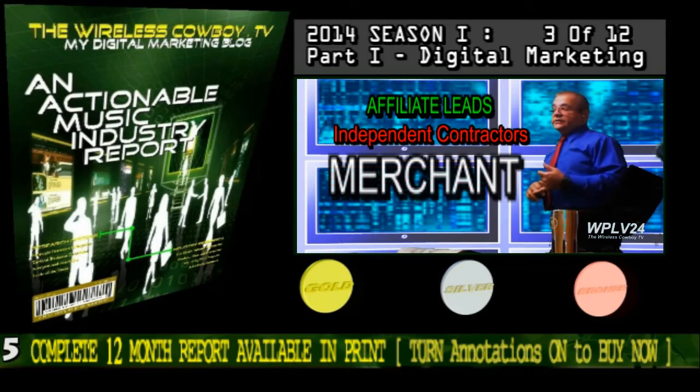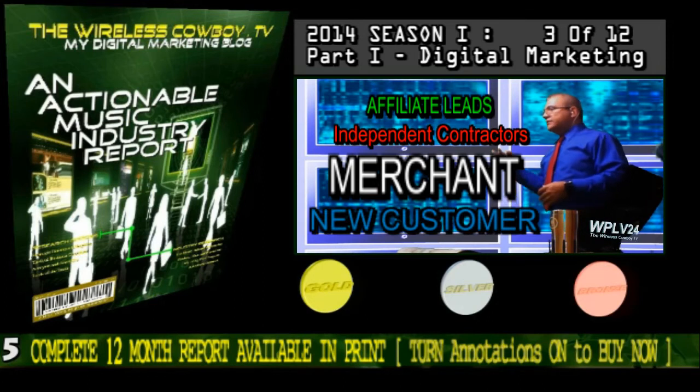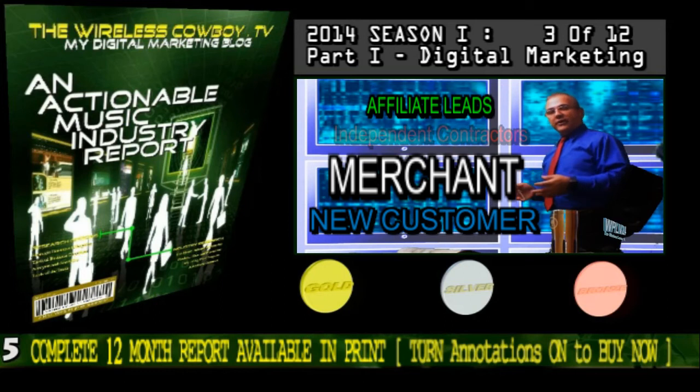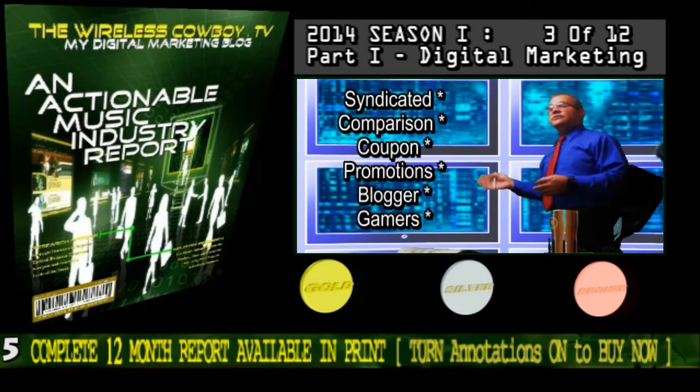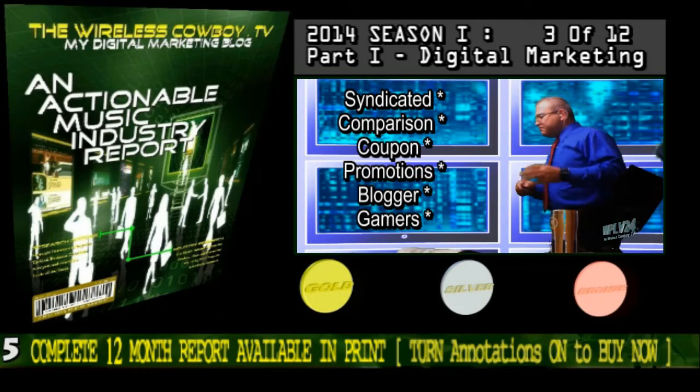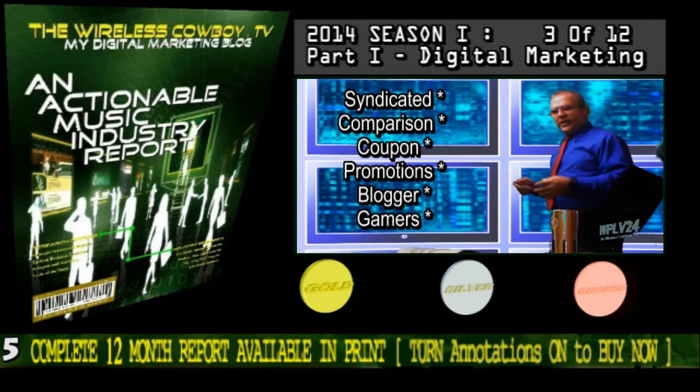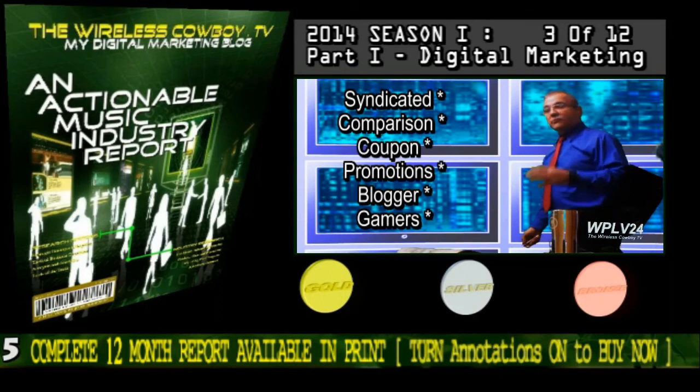They create lead generation and ultimate revenue streams for free. These companies and entrepreneurs sell their merchants' products using content sites, syndicated content, comparison sites, coupon sites, promotional sites, bloggers, and even virtual game currencies or game directors, with little risk to the merchants, who only pay them if there's an actual sale made from their efforts.